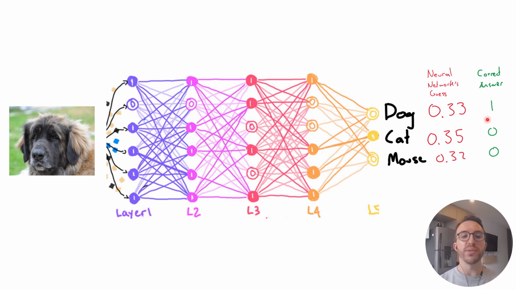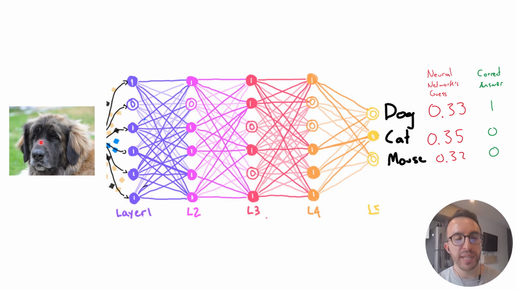And then we use calculus to work out, for all of these thousands of weights in the neural network, each one individually, take the first A in this node. If I move this A up just a little bit, make it a little bit bigger, will it make my network's prediction better or worse? If moving it up makes it better, then move that parameter value up a little bit. The B in this node: if I move that up, does it make my prediction better, or if I move it down, does it make it better? If moving it down makes it better, then we move that weight downward. But we just take a tiny step in the right direction.